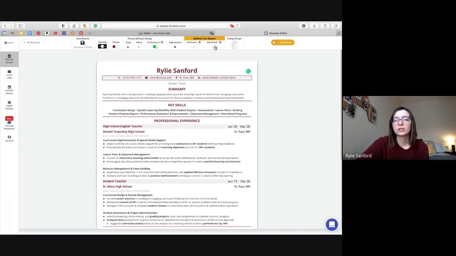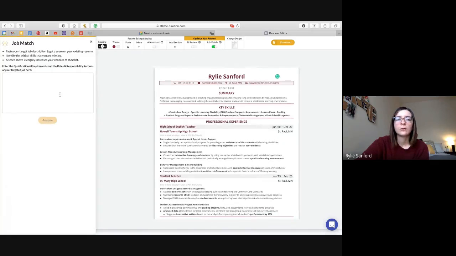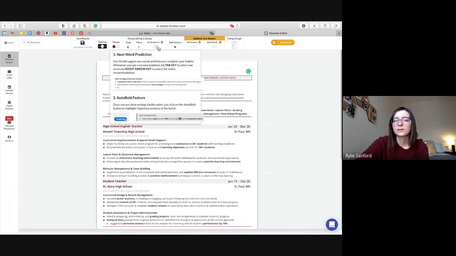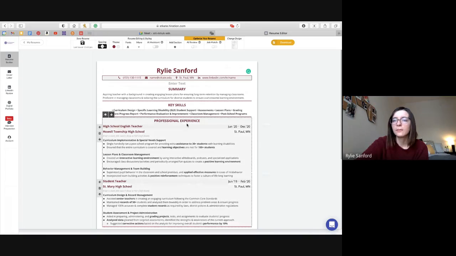And then we also have Job Match. If you turn on Job Match, it will open this little text box over here. Say you found a cool job on Indeed.com or your LinkedIn page that you want: you can copy and paste the description of that job into this box, and it'll analyze your resume to see if there's appropriate wording for that job description and give you recommendations of what you should add in order for your resume to best fit that job, which is also a really cool feature that we have. And then again, if you want to turn off the AI assistant, you just click it off and then you don't have to worry about that.